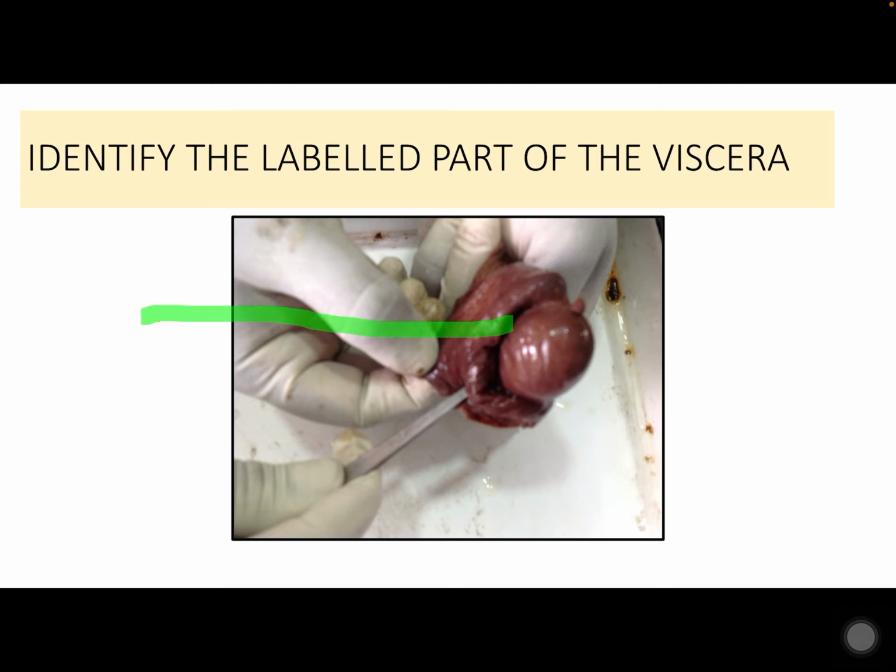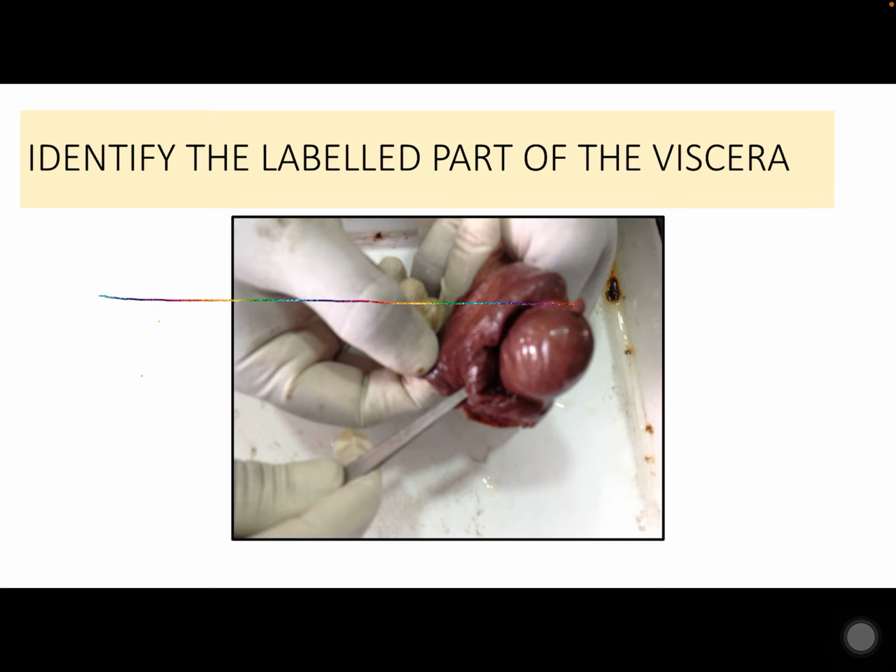So what is this labeled part of the viscera? So that is what we told, this gap. This gap is the sinus of epididymis. It is semilunar in shape, a semilunar recess of the vaginal sac which is separating the lateral surface of the testis and the epididymis, which helps in the determination of the side of the testis. So a pin or a probe may be present in this part and you may be asked to explain what it is. So that may be one question in the spotter.